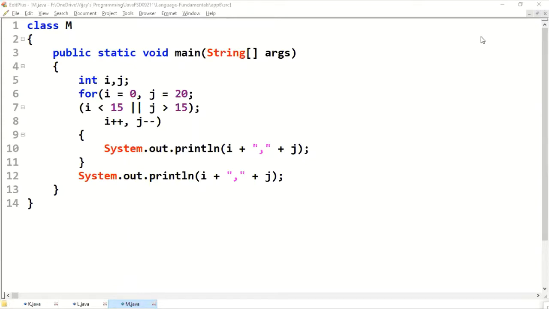You need to try. We know how the double AND operator works.